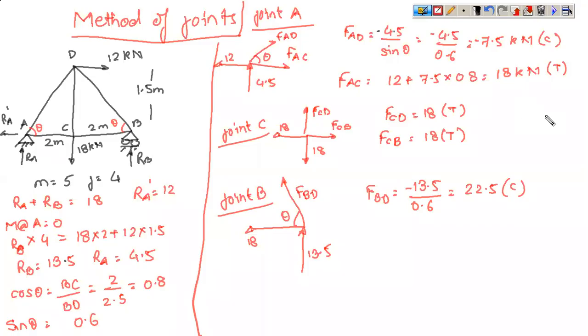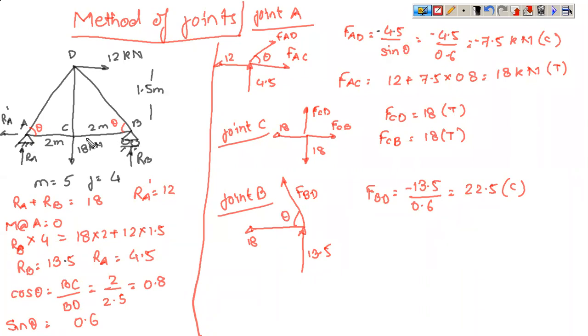So what we have done in this problem is, this is a basic structure that is shown to you. We have determined the reactions, and after determination of reactions, we have found out the value of cos theta and sin theta. Because these angles were not given, to find cos theta and sin theta, what we have done